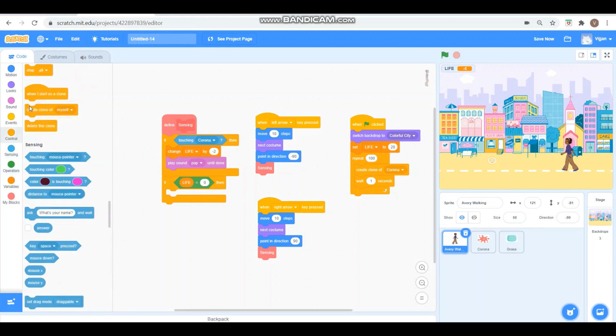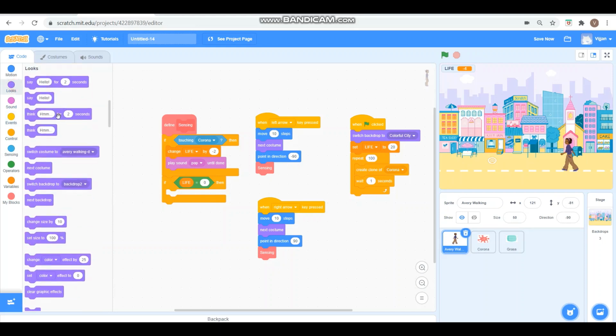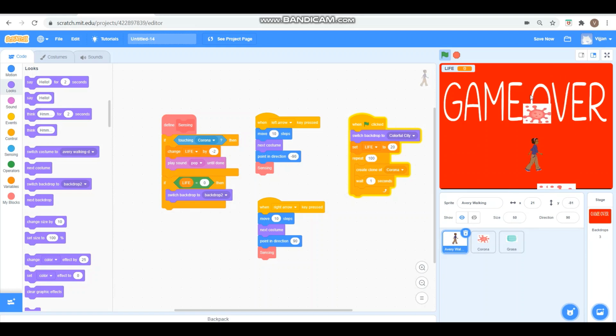switch backdrop to. Go to looks, and here you can see switch backdrop to, that was backdrop 2, right? Backdrop 2. Now let's see whether it is working. Now the screen has displayed, but still the sprite is falling down.